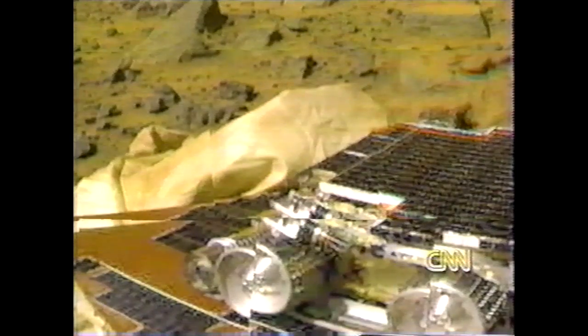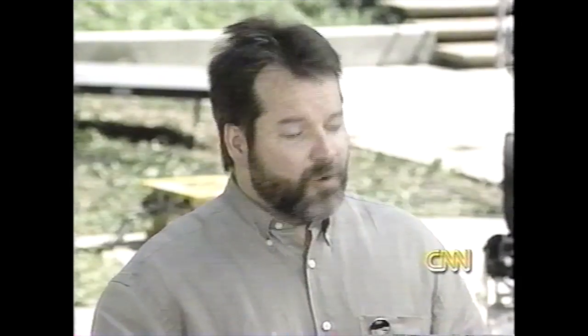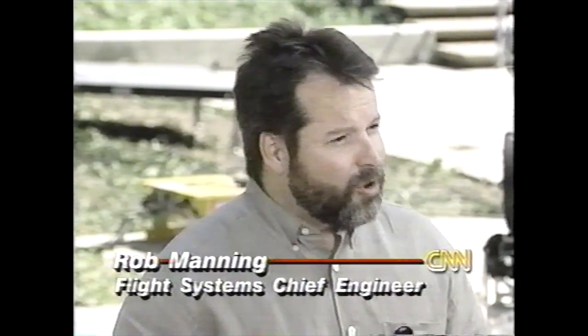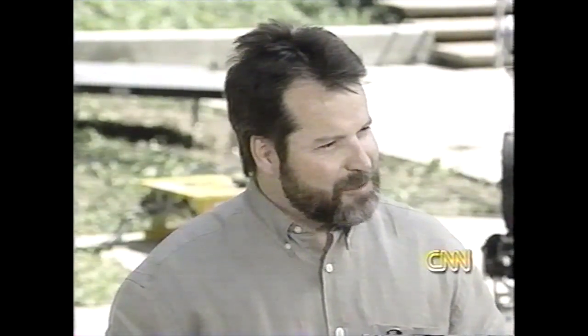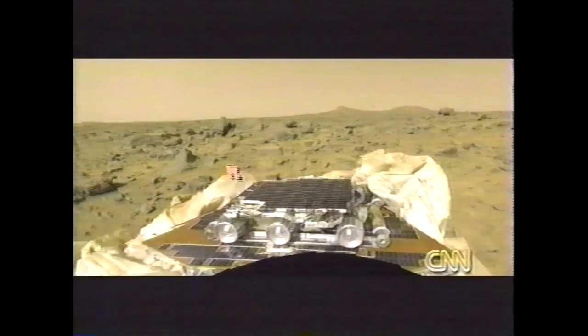The rover has automatic software on board where once it is freed and the ramps are deployed, the rover will in fact drive down those ramps on its own without the help of the lander or without the help of our rover drivers here at JPL. But engineers want to command or drive the rover themselves so they can analyze specific rocks and areas of Martian